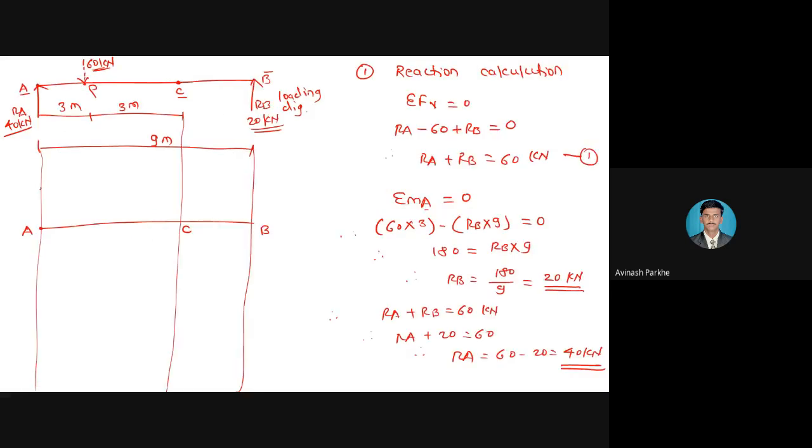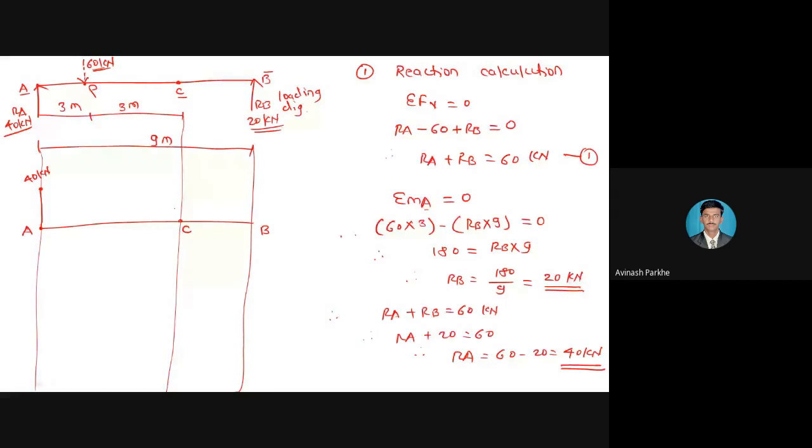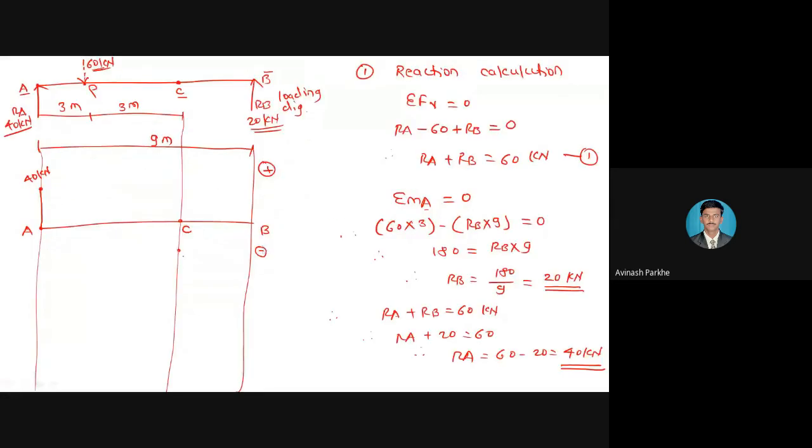Here I will indicate 40 kilonewton. So I will join this particular 0 point and 40 kilonewton point. Then shear force at point C directly is minus 20 kilonewton. So this is point C. At the top of this line is the positive region, and below it is the negative region. The shear force at point C is minus 20, so I will indicate minus 20 here, and I will join both the points by an inclined line. You can see here, these are the 2 points which I have joined by inclined lines.